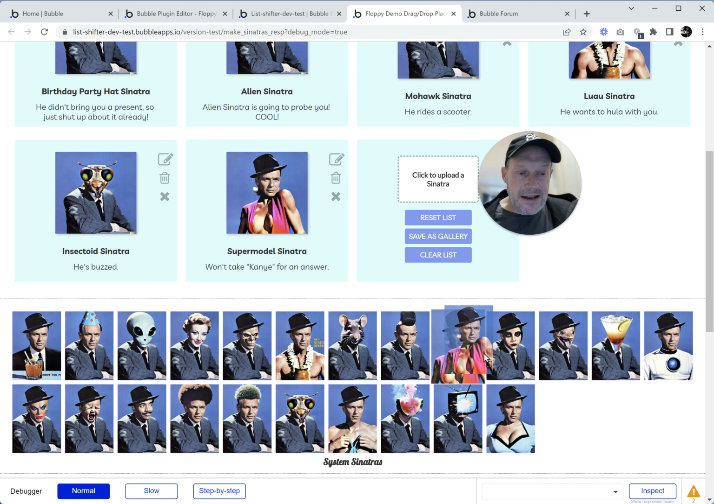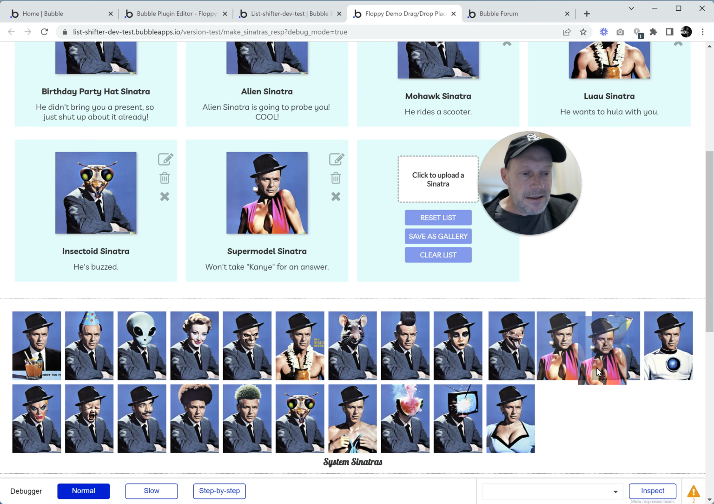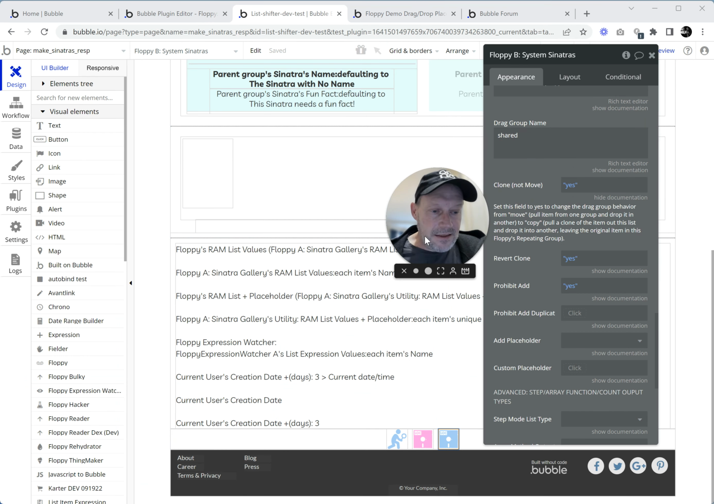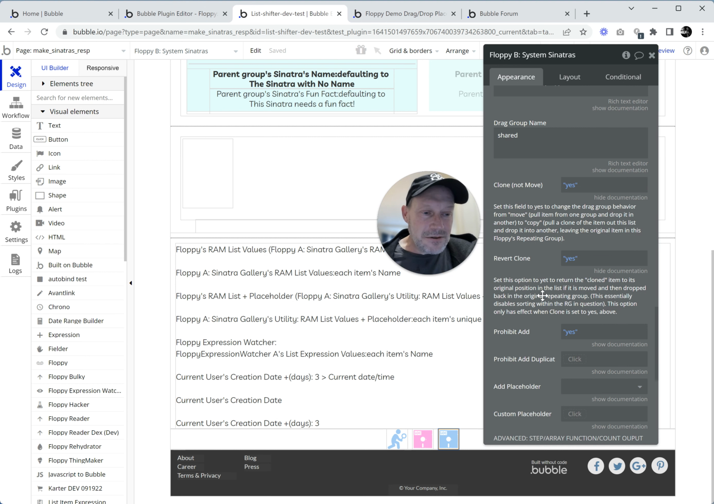The other option that I have set is that you can't actually move these guys around. They stay in the same order. So you see if I try to drag Supermodel Sinatra inside of this group, she just returns. Is she a she or a he? We're not sure. We don't know their pronouns, so we should just call them them. So they stay in the original position in the list, okay? So that's this option, revert clone. So we talked about cloning, and then revert clone means that the item will just return to its original position